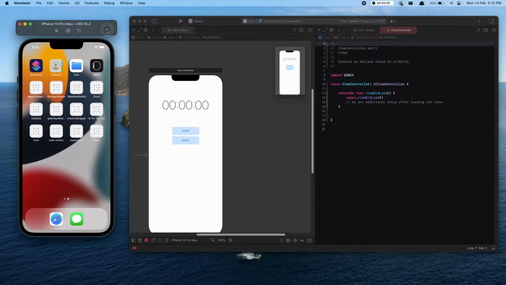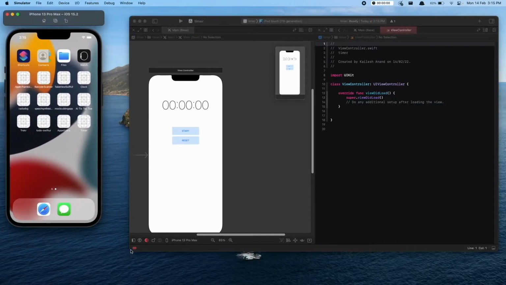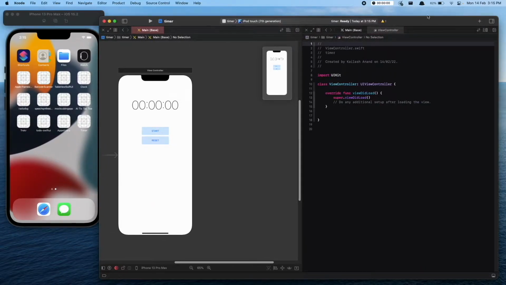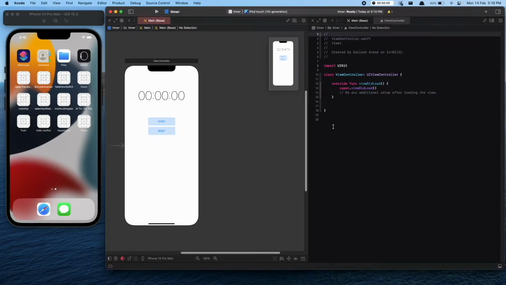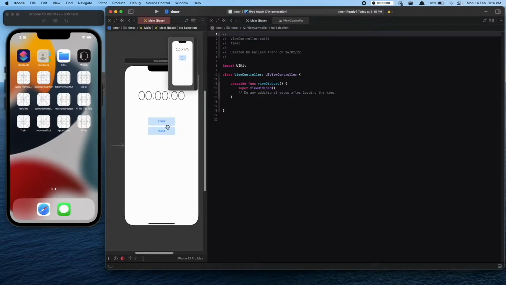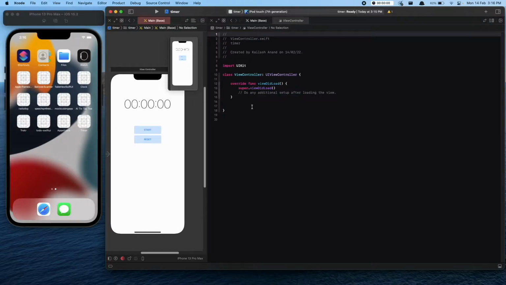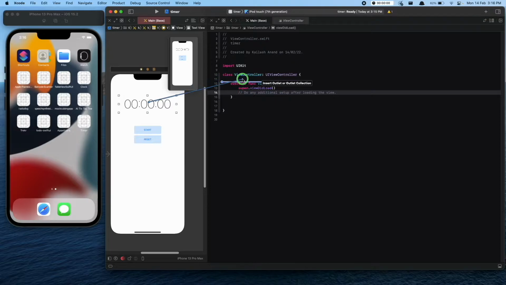Let me reposition the windows a little bit better. This will come like that, and let's pull this way up over here. I like this. All right, so first of all, it's going to be our time text